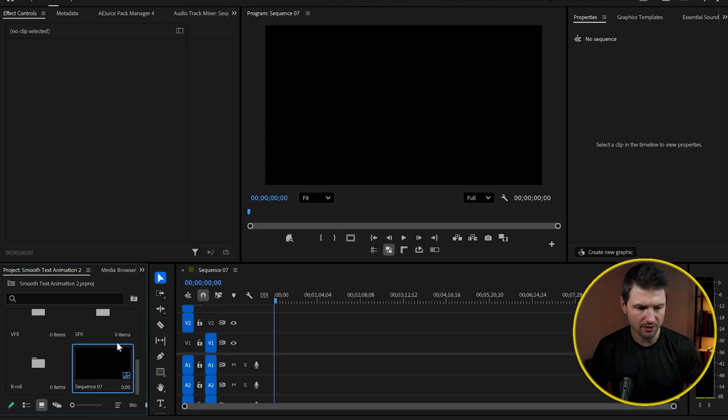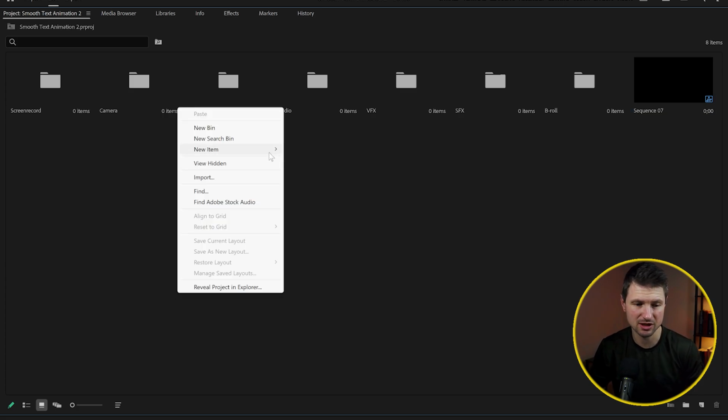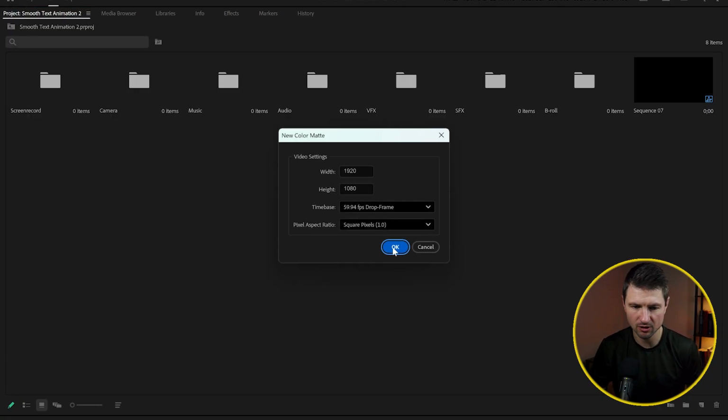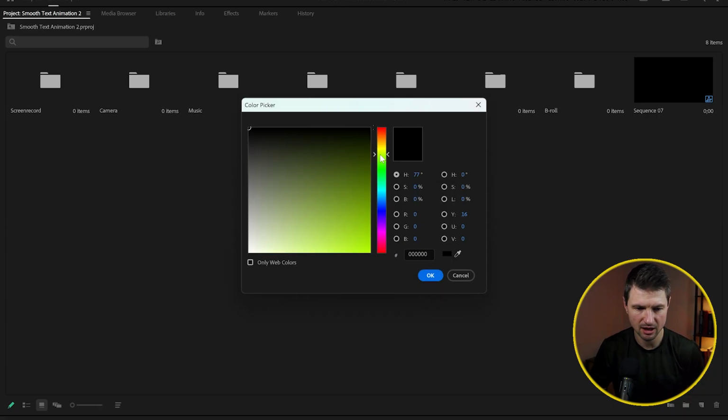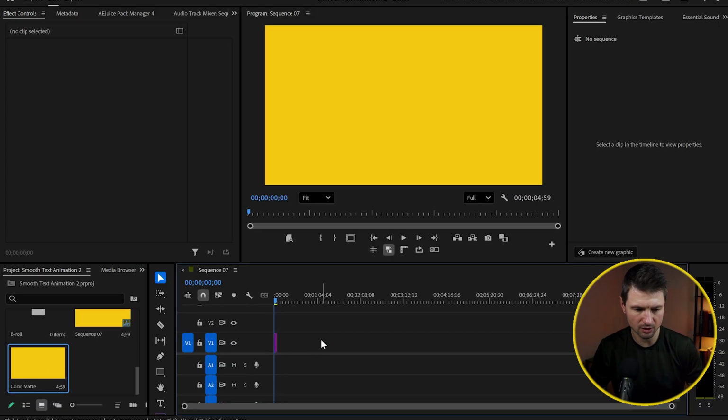Now the next thing we have to do is to create a color mate. Because in this case, personally, I would like to have a colorful background so the text will pop up. So yeah, I'm gonna create a color mate. I'm gonna use the same sequence settings. Okay, and I will select a yellowish color. Then I'm gonna grab this color mate, drag it onto the timeline, and the next thing I have to do